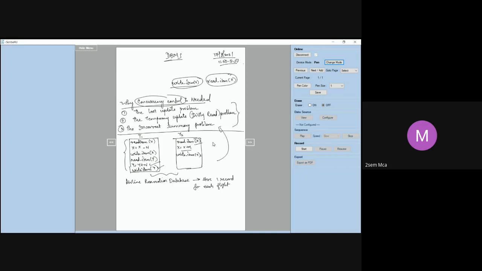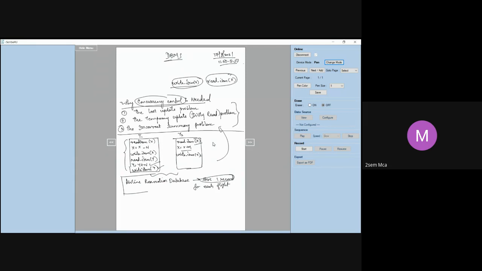That means all the details of a flight are stored in each record, giving me details of each of these flights. Now we will move on to the first problem.